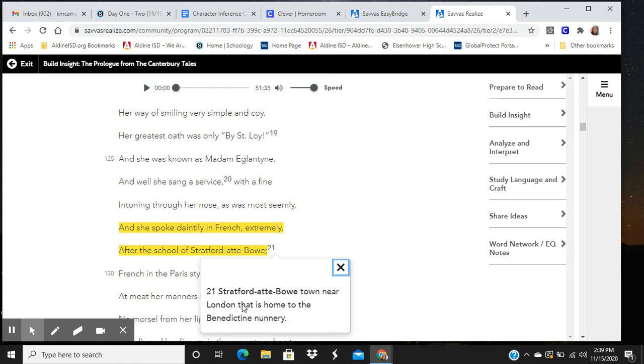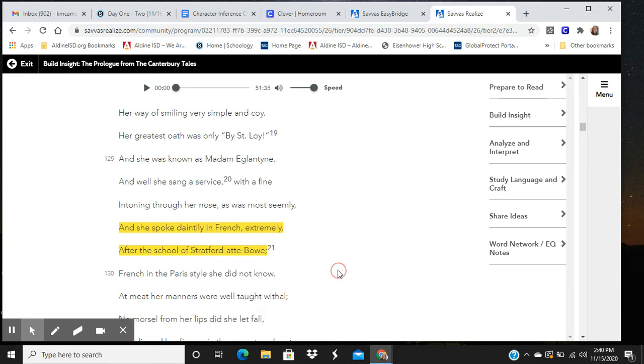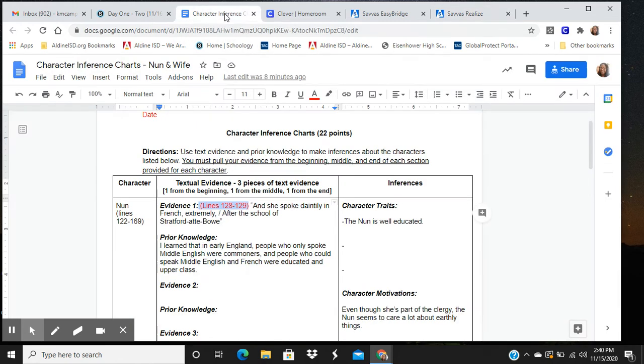So the fact that she lived in a town near London suggests that she might have had a better education, and that maybe she was more exposed to different cultures because she lived closer to a big city. And so going back to this, I did type word for word that quote,